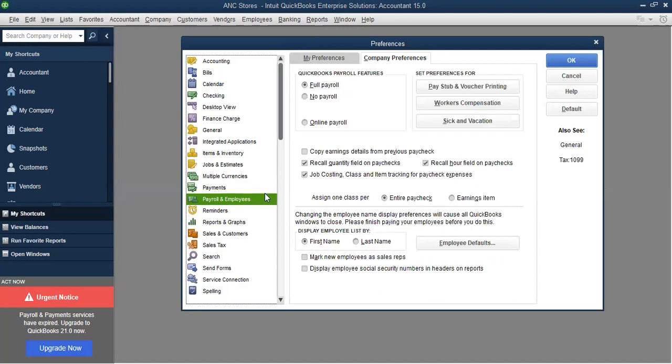Right, so these are the payroll settings. Usually with payroll you activate QuickBooks payroll. We don't recommend that you use the QuickBooks payroll. Payroll, like tax, is governed by law in certain sections.